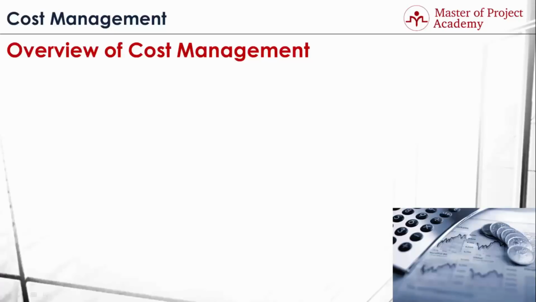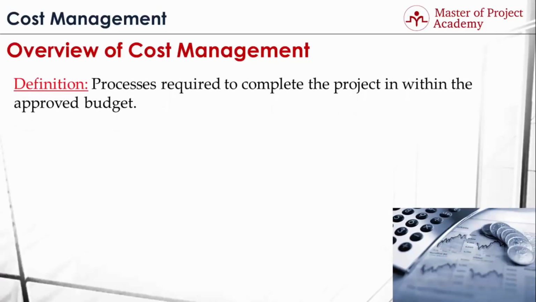Overview of cost management. Cost management includes processes required to complete the project within the approved budget. With its processes, the Cost Management Knowledge Area aims to determine the required budget to complete the project, and then aims to monitor and control the project costs to meet the determined budget. Major output of the Cost Management Knowledge Area is